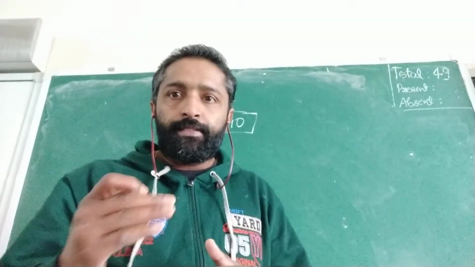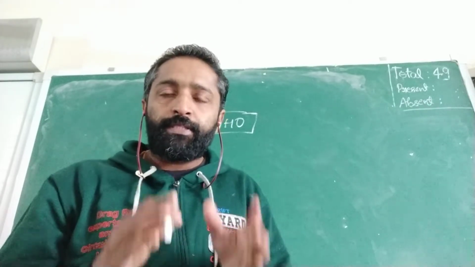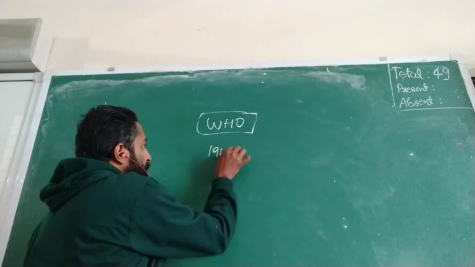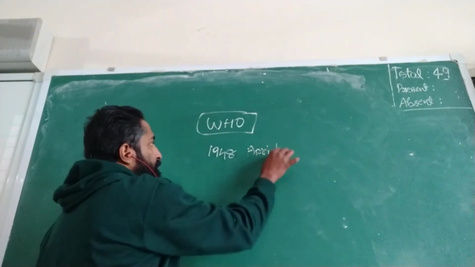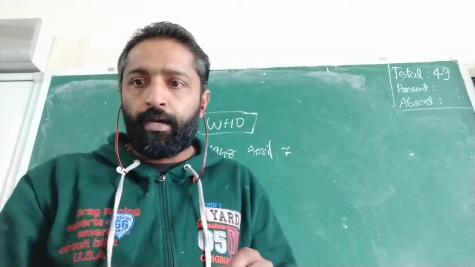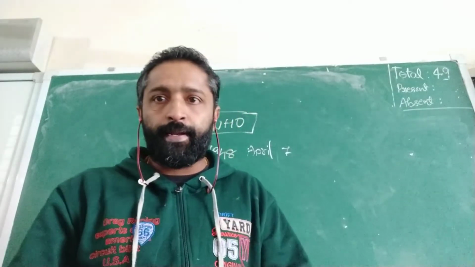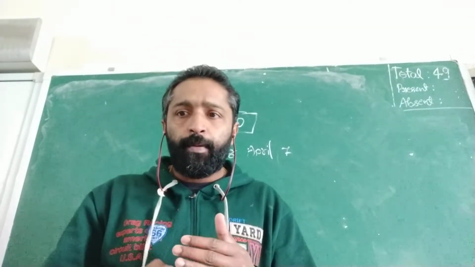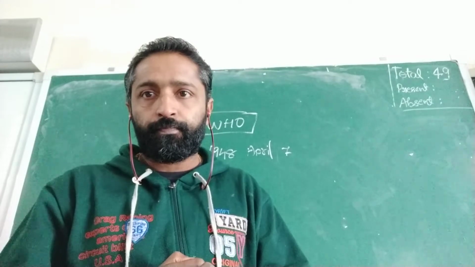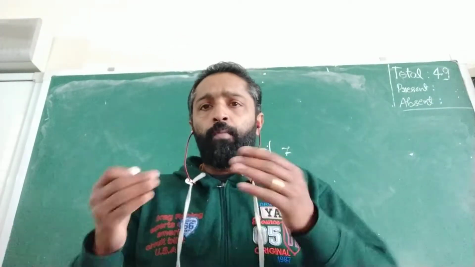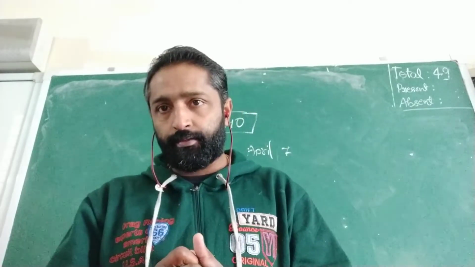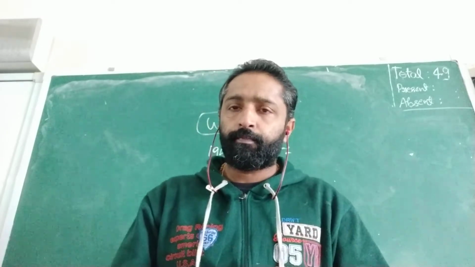So this is another agency of UN, and it was established on 1948 April 7. April 7 was the day when this particular agency was established. And what is the aim of this organization? That is attainment of the highest possible level of health by the people. Which means everyone in the world must be able to attain the highest possible level of health. That is the aim of this agency.